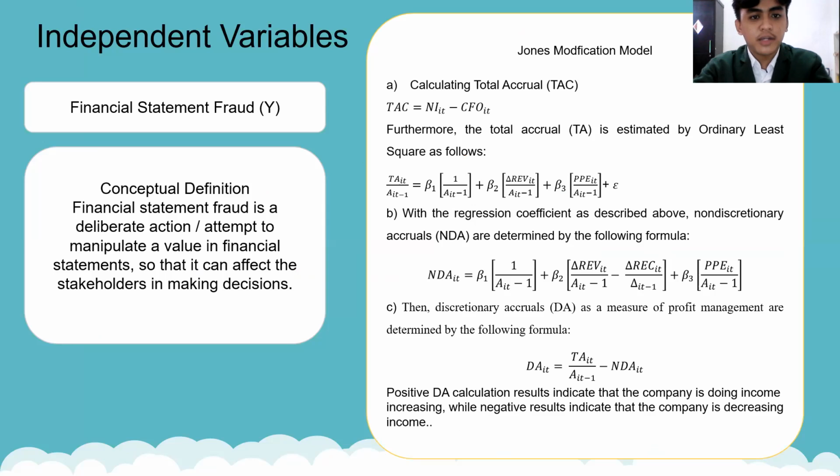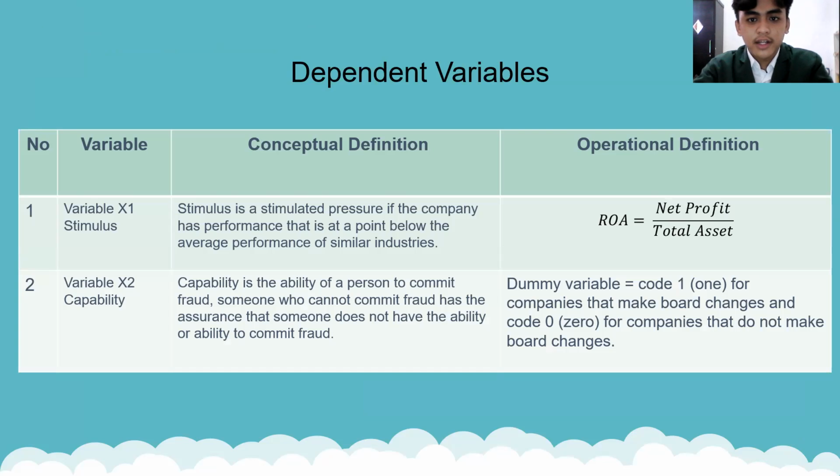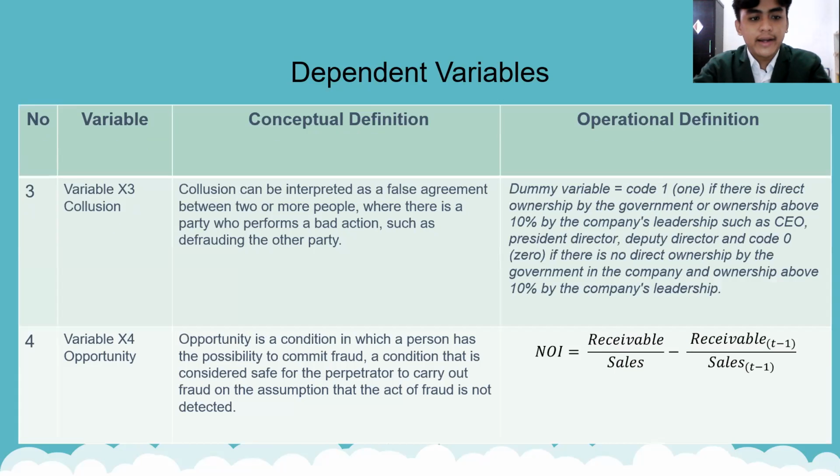This is my dependent variable, and this is how I calculate the formula. I'm using Jones modification model. This is my independent variable, X1 stimulus. I'm using ROA. X2 capability, I'm using dummy variable change of director. X3 collusion,